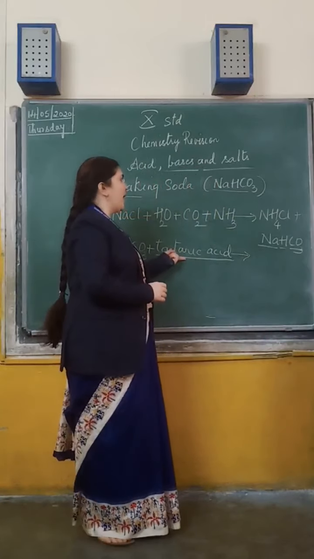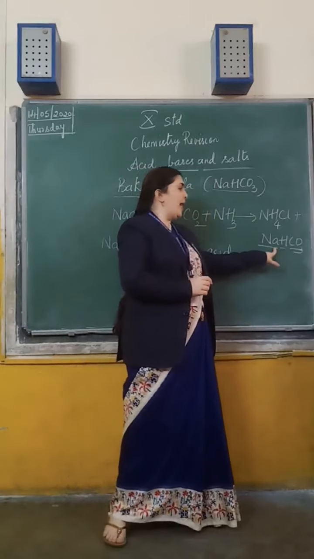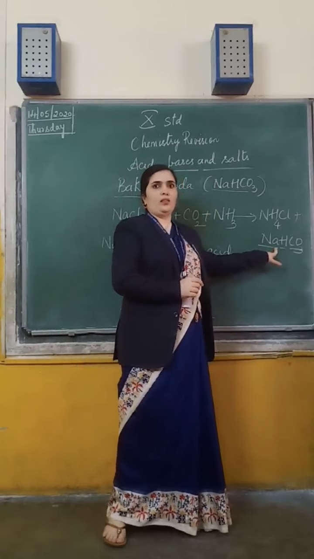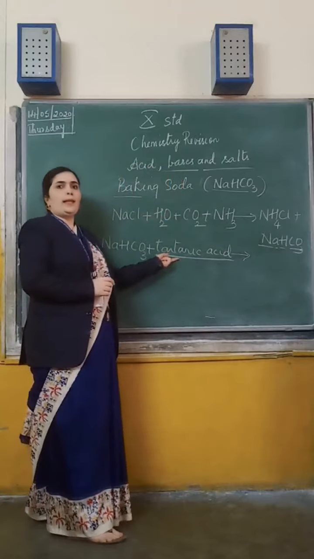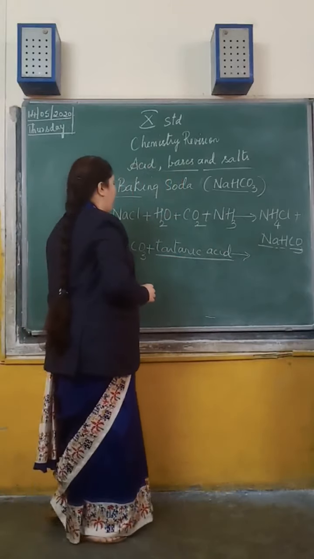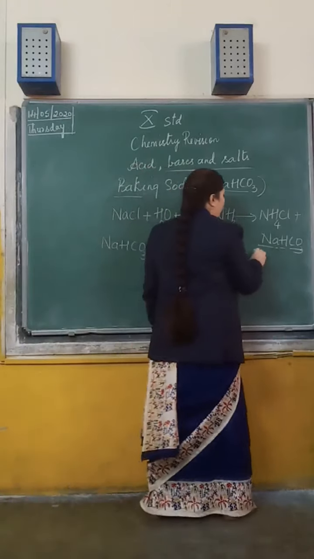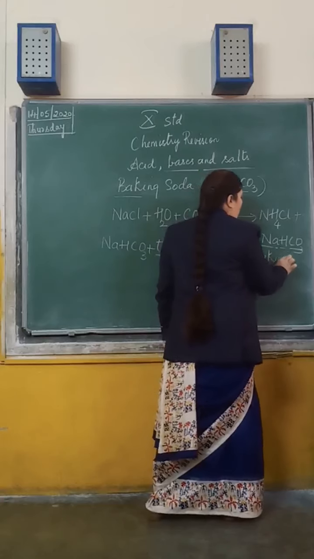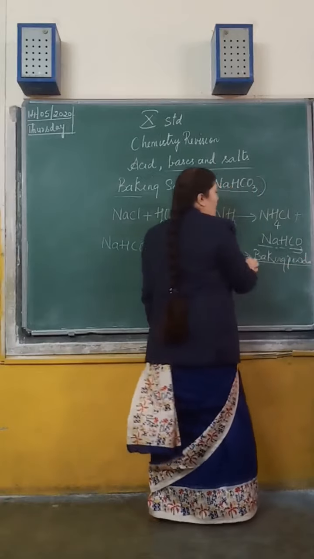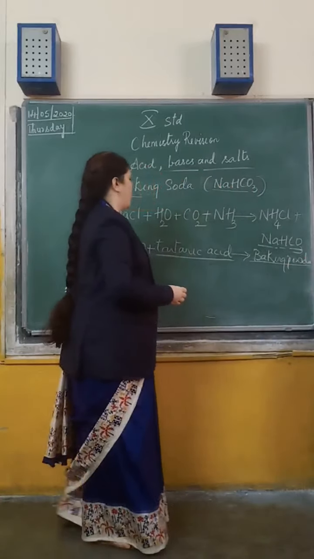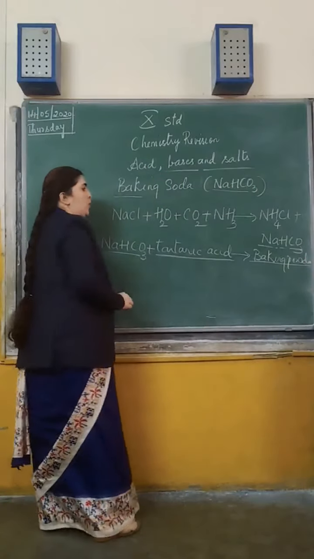They are adding acid. Baking soda is highly alkaline, so to reduce its strength, to neutralize it to some extent, we are adding a weak acid, that is tartaric acid. Again, what do you get? You get baking powder. Where do you use baking powder? You use baking powder to make crispy pakoras, or whatever you do in frying things.